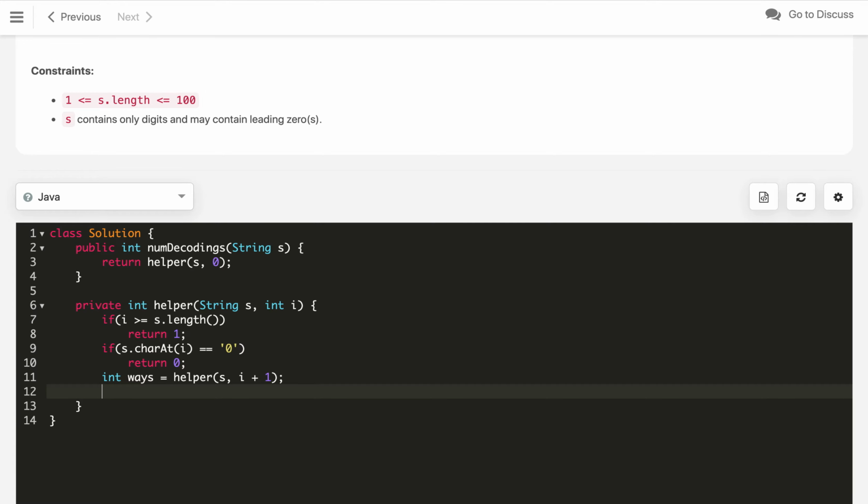So we will first check if Integer.parseInt of s.substring from i to i plus 2, so we are just taking two characters, is less than or equal to 26, then only update ways with the second call, like ways plus equals helper of s, i plus 2. In the end we will just return the number of ways. So this is how we are able to do the decoding.